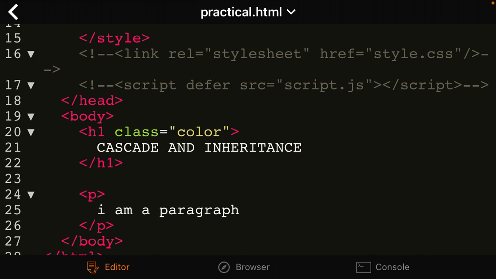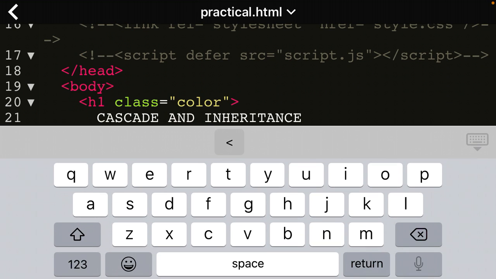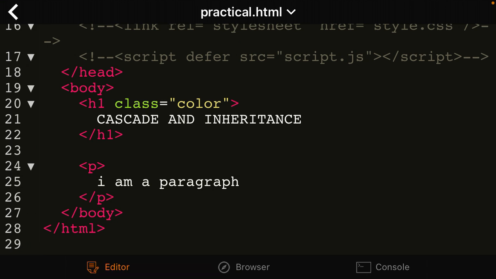Cascade and inheritance is very important in the course of our work as developers and designers, especially for a website. Okay, so what is this cascade? What is this inheritance? As I said earlier on, cascade is just a rule, and inheritance as well is also a rule which states specifically that we should obey certain rules in order to get certain output and certain expected